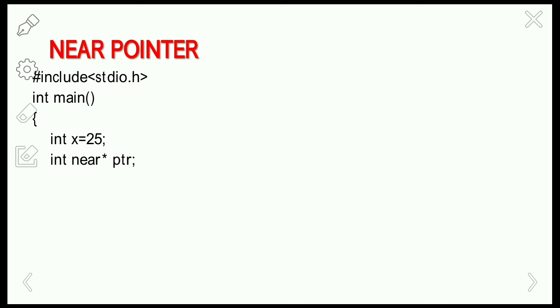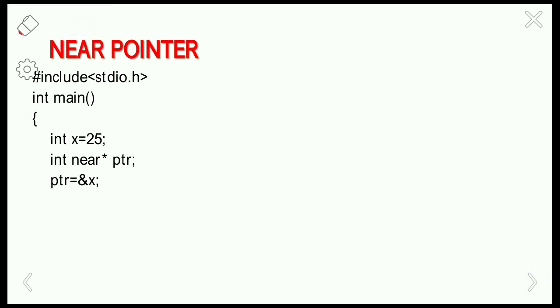Now coming to the example here. #include <stdio.h>, main function. I'm taking a variable x equals 25 and declaring a near pointer here.